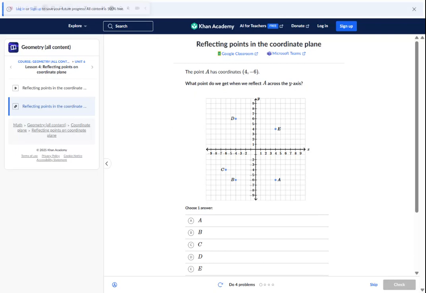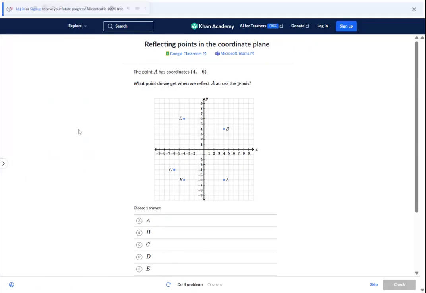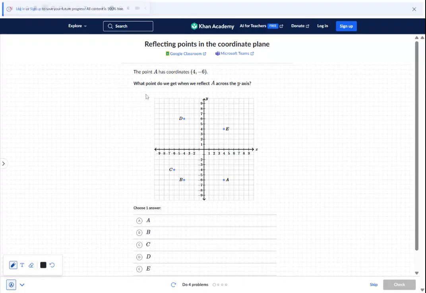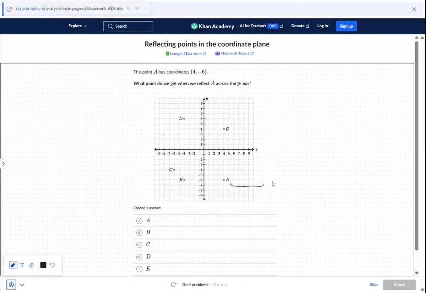Hey guys, we're looking at our Khan Academy homework reflecting points in the coordinate plane. All right, let's see. So we're given the point A has the coordinates. They're telling us point A is located at 4, -6. And our goal is to reflect this across the y-axis, and we're seeing what is going to be the corresponding